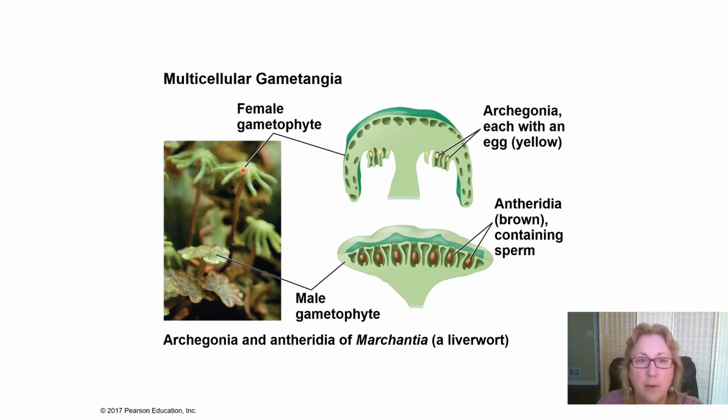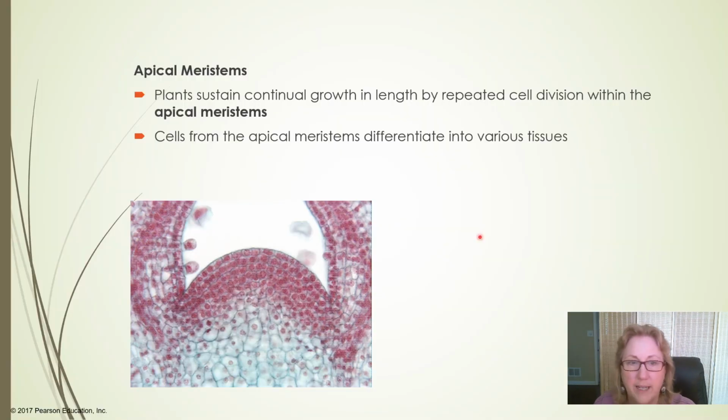Now when it rains, there's water splashing around, raindrops hit the top here of the antheridia and sperm splash out. And if it's wet, they can actually swim up here into the archegonia. They just need a coating of water on things to swim in, and then they can fertilize the egg, and then our new little diploid sporophyte is going to grow right out of there.